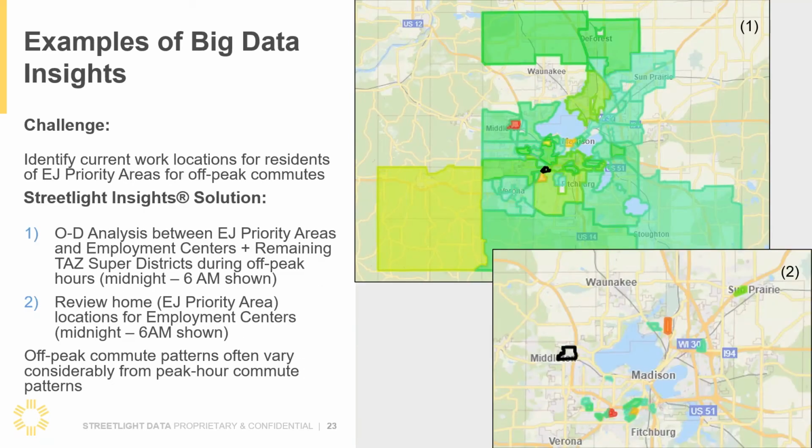And so here, I wanted to look at what, again, the current work locations for residents of those environmental justice priority areas were. Previously, I was looking at all-day data. And here I wanted to look at off-peak data, especially when buses are not running. A lot of lower wage jobs are not your traditional peak hour commute jobs. People who are cleaning things overnight, stocking shelves, getting things ready for business during the day. And so lo and behold, we saw a very different behavior here in terms of travel patterns, where,